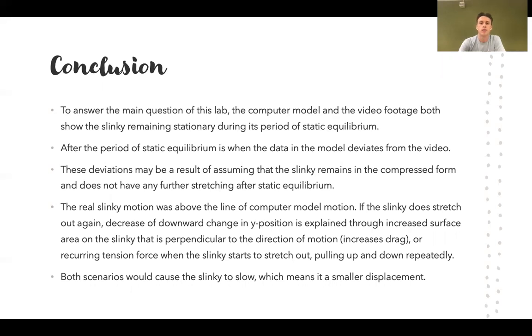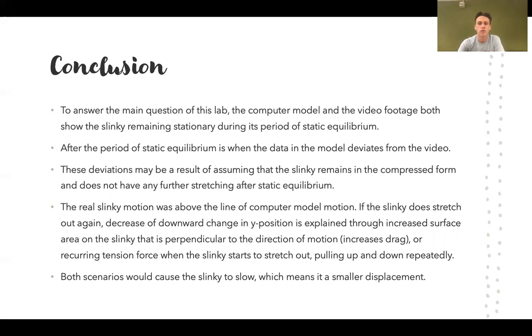These deviations may be a result of assuming that the slinky remains in a compressed form and does not have any further stretching after static equilibrium. The real slinky motion was above the line of the computer model motion in that graph. And if the slinky does stretch out again,